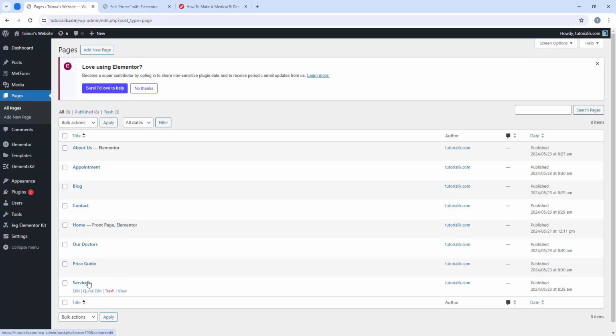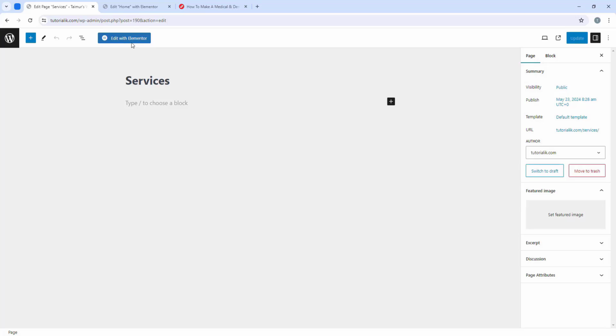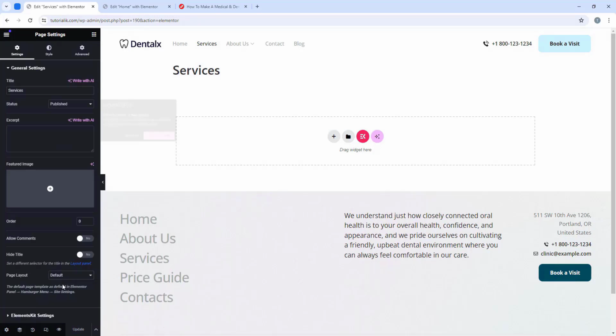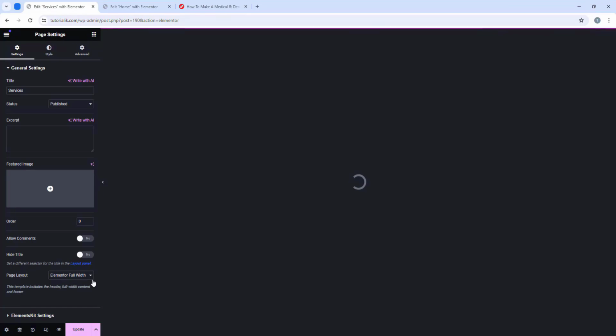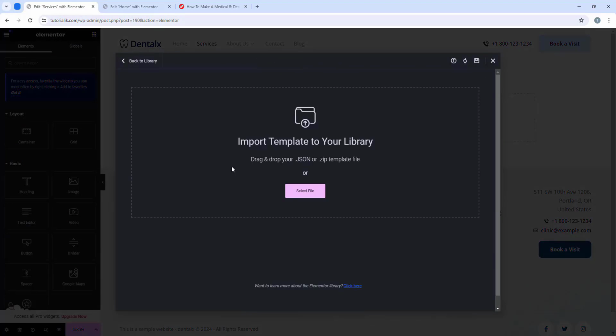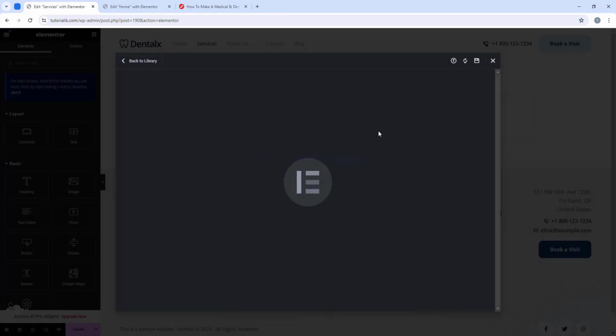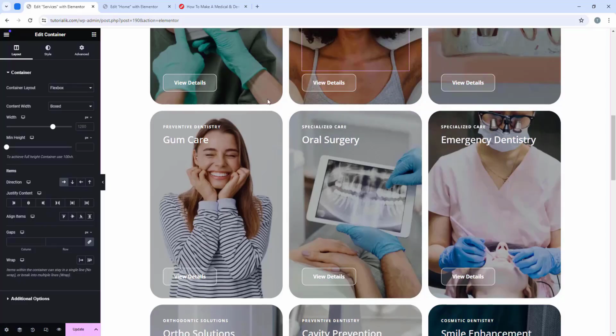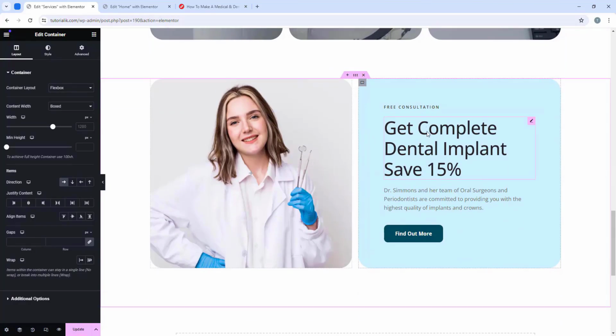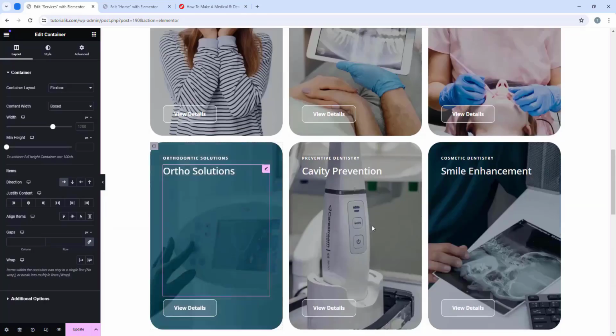After About Us, I'm gonna open the services page. Let's open it with Elementor as well. Then make sure you do this Elementor full width. And then let's just upload a template. And I'm gonna upload this template. Services page. And let's insert this. And we're having the services page as well, with all the new sections, and these are